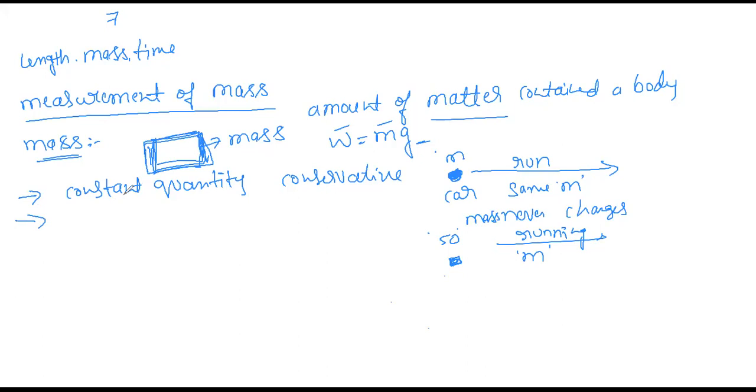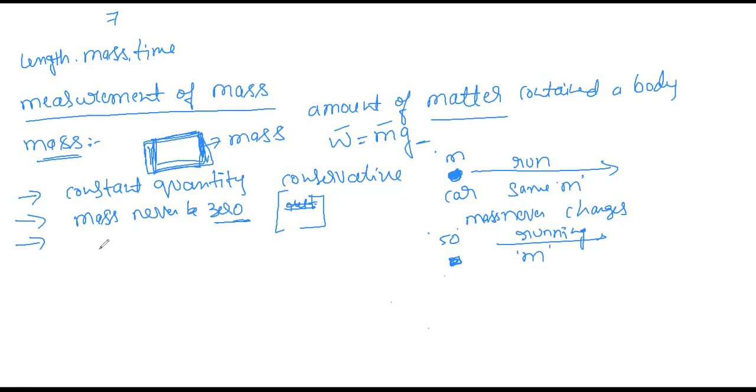Second one is, it cannot be zero. Mass can never be zero, because we cannot see the rest mass of a body as zero. Mass is never zero. It has some matter. Any body will have some mass. Any body which has some mass or weight, it is never zero. About rest mass, we are going to discuss photons and rest mass later. Forget about that, don't worry. For now, your knowledge should be that it is a constant quantity and mass is never zero.